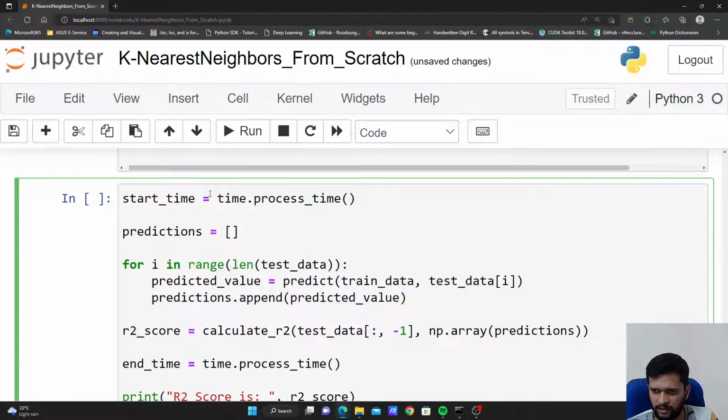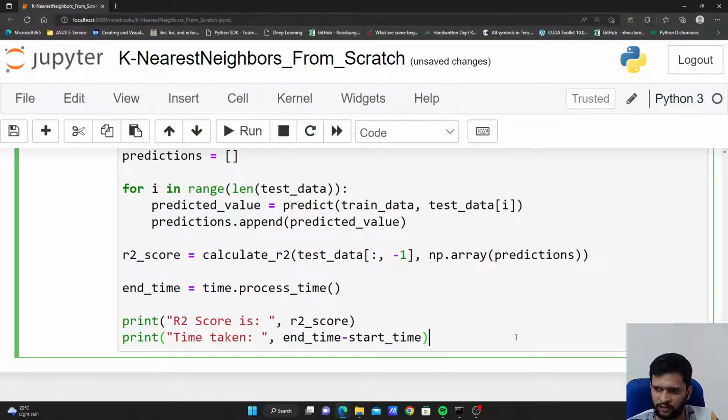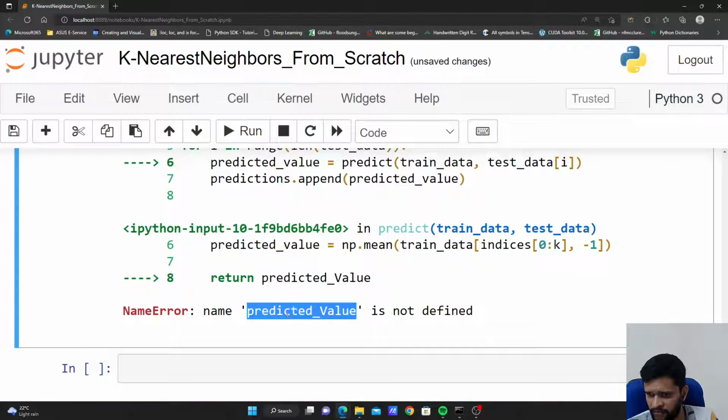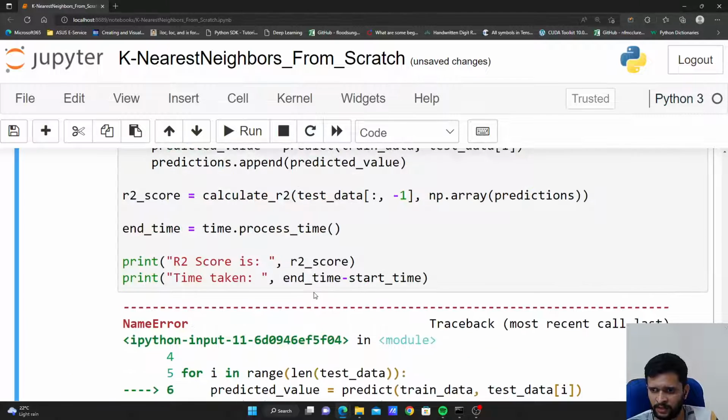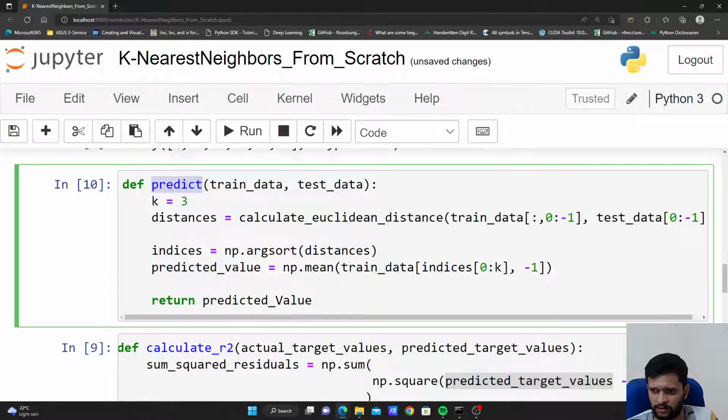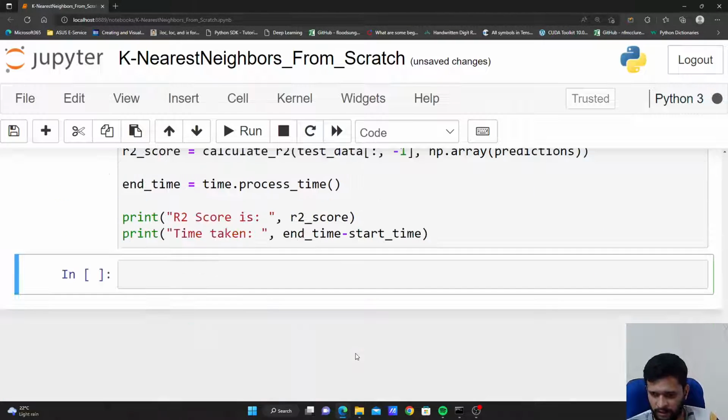So I have my start time here and then end time here. So we'll see how this works. So there are some errors. It says predicted value is not defined. So why is it? I think there is a mismatch with the case. Okay, so it's in the predict, see here, this is small and this is capital, so that's the problem. Now if I execute,